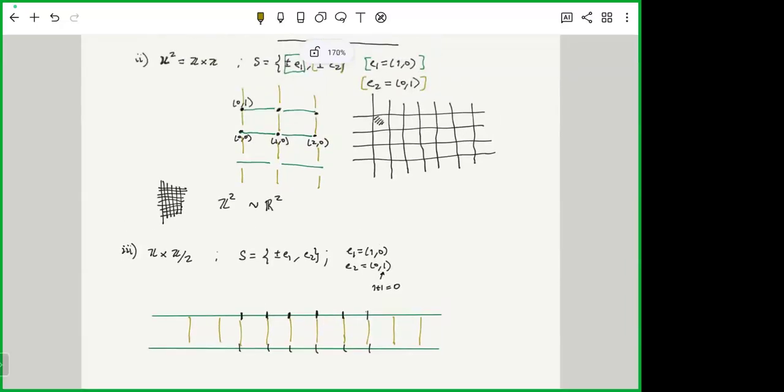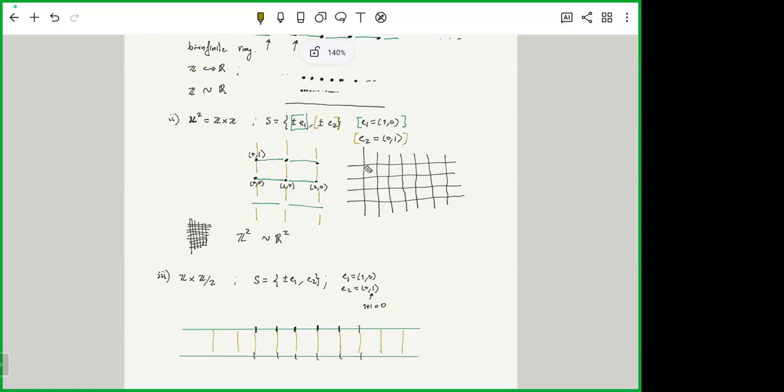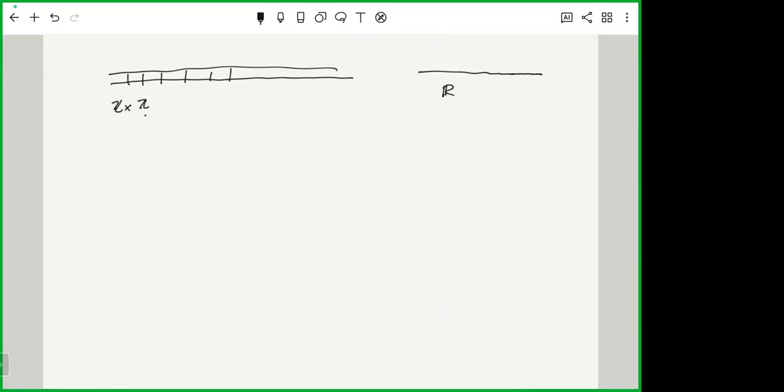What if we look at this space from infinitely far away? Again, we do the same exercise. This is what we start seeing. It gets smaller. This difference between the two lines becomes more narrow. And in the end, again, this looks like a real line. So you can already guess that these two spaces are equivalent from far away.